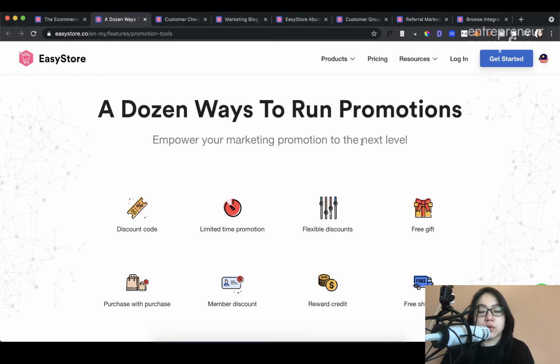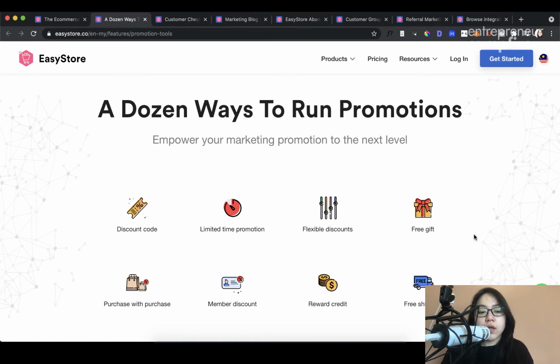Now, let's take a look at the specific e-commerce features that you can access once you are Easy Store's user. Okay, so the first tool is the promotions tool. If you take a look at any e-commerce website, you'll find that they like to give their customers promotions, a discount here, a free shipping code there. The reason for this is because they want to increase the conversions by reducing the friction between them and the customer. And you can do that easily inside Easy Store because all of these tools are already built in.